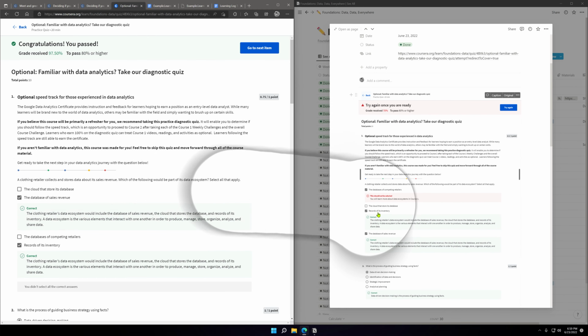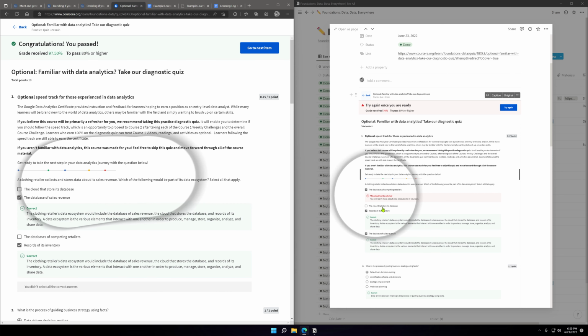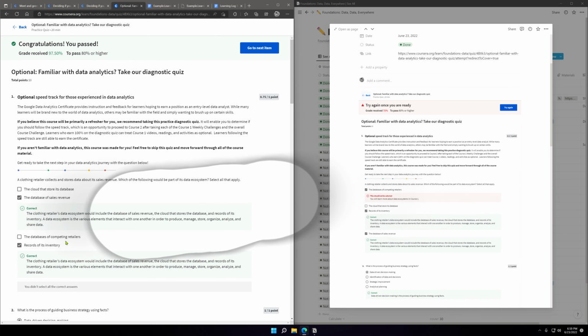Record of its inventories. Database. So this. Okay, so that is correct as well. Okay, good to know.